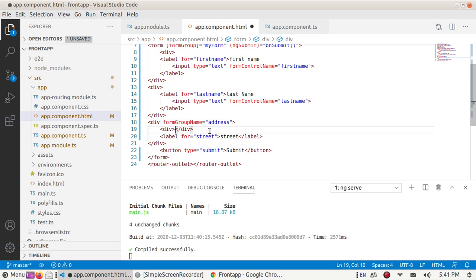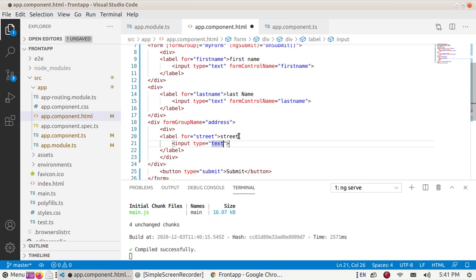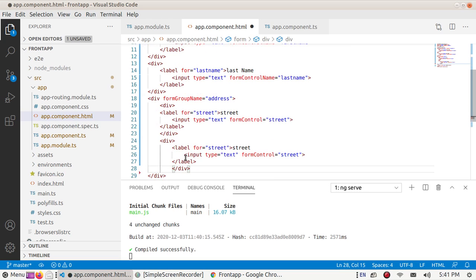Use div, input, form control name state. Copy this and rename city. Okay,